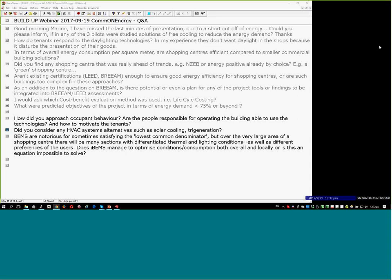Yes, of course. Somehow all the passive technologies that you have present form a part of the alternatives for HVAC, as they all somehow delay the use of the HVAC. In that sense, the most evident is, of course, ventilative cooling that uses natural ventilation, night ventilation. The same somehow avoids the use of the HVAC at that time, but all of them somehow